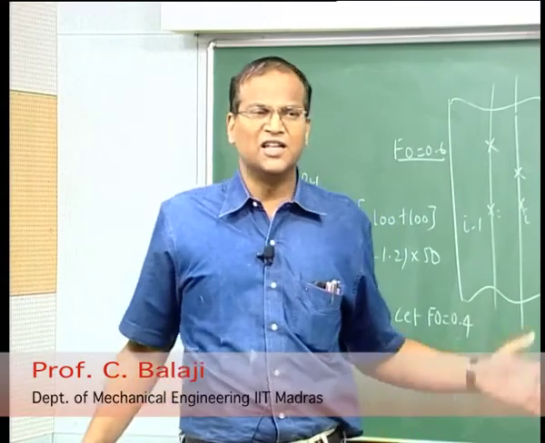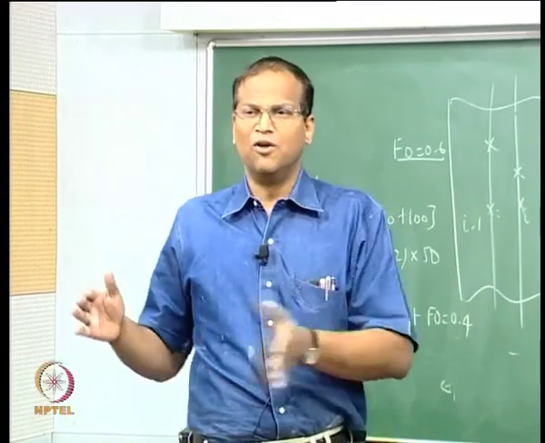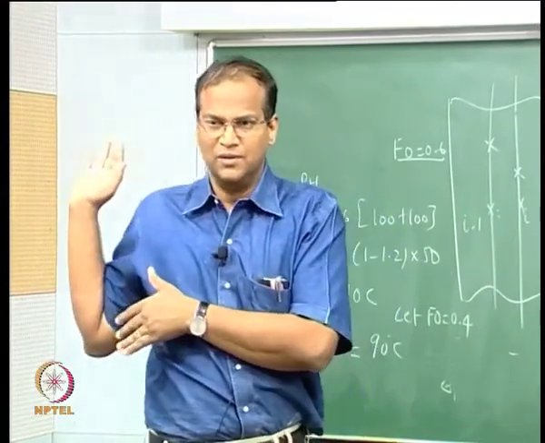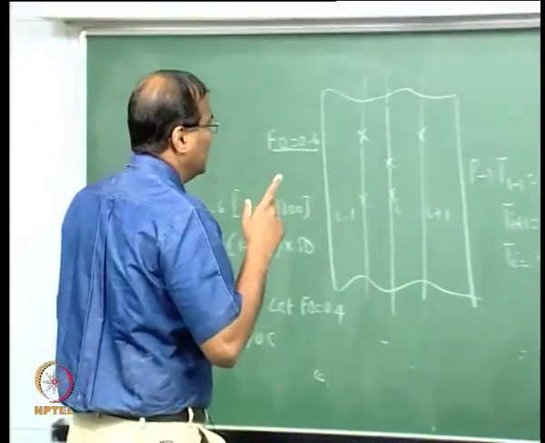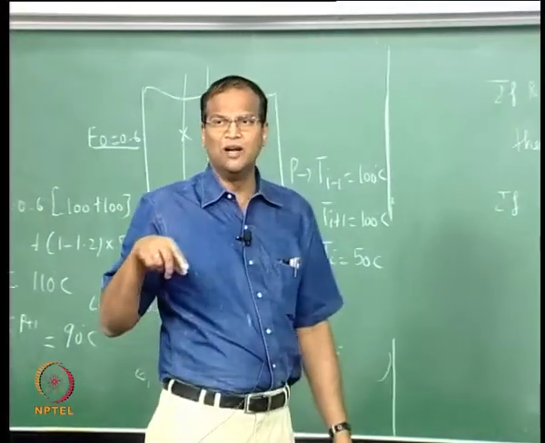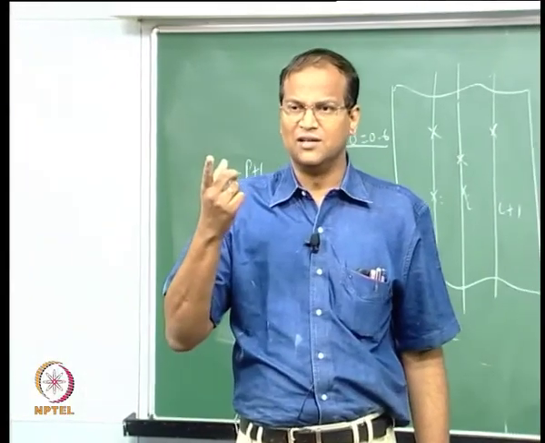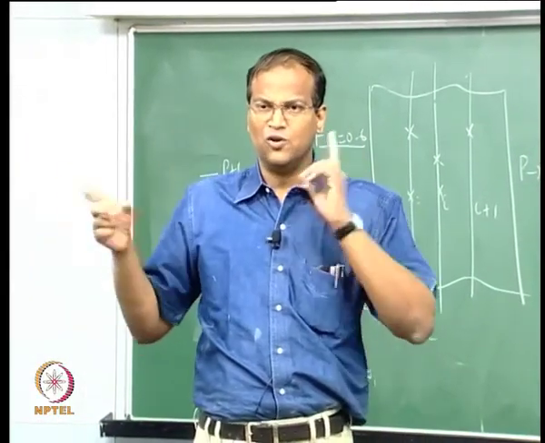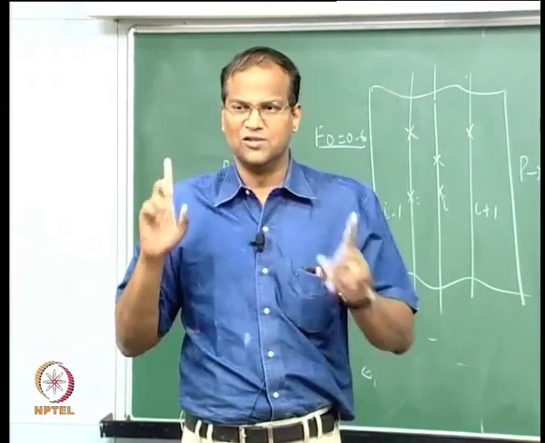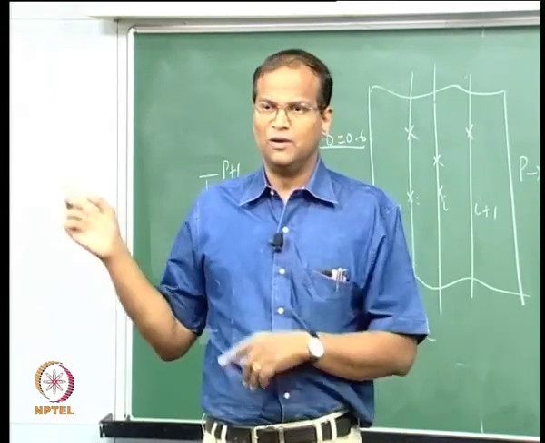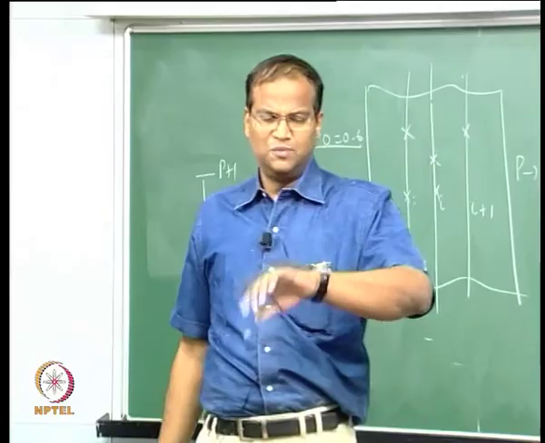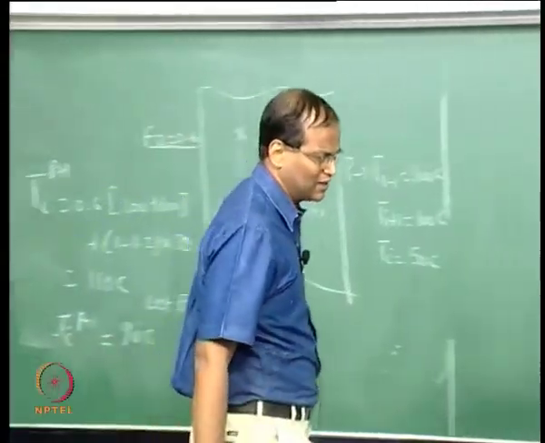So it is called the initial value boundary problem, because you have got dT by d tau and also d square T by dx square. So it supports two conditions in x and the initial condition. At all times you should know at x equal to 0 and x equal to L what is the story, with that only you can proceed. Okay. So this brings us to the end of numerical methods in conduction.